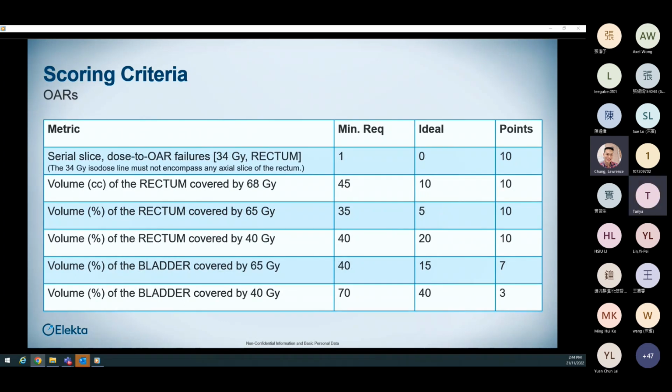And then we have our organs at risk. Really they're all centered around our rectum and our bladder here. We have some threshold doses that we're trying to keep down, 68 and 65 gray and 40 gray, and then 65 and 40 for our bladder. And this particular constraint up the top here is really trying to keep 34 gray from being completely across each one of our